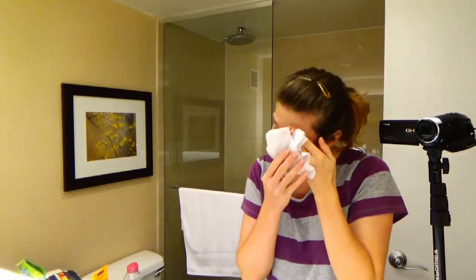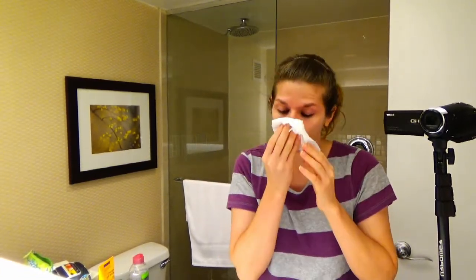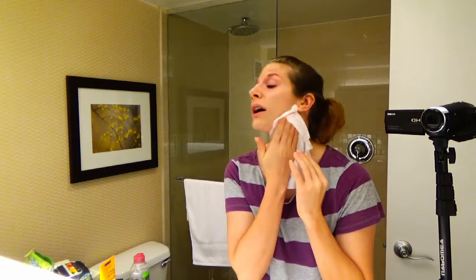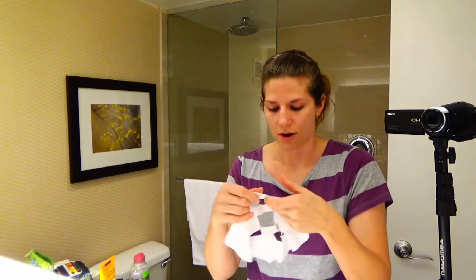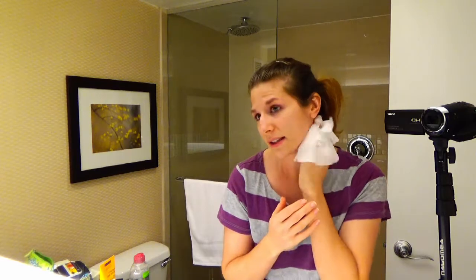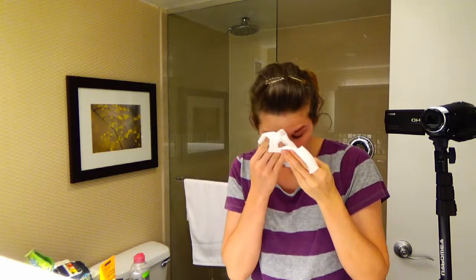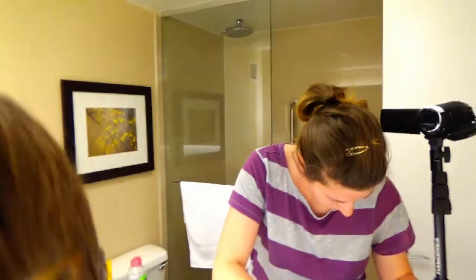So I had my mask on for about a half an hour, and this is the wine one, like I said, and it smells like wine. I love the smell of wine, just not the alcoholic part. So what I like to do is, for one, I squeezed the package so that most of the essence was not quite on the mask itself, so I do have some still in the package, and what I'll do with that is I'll save it for later use,